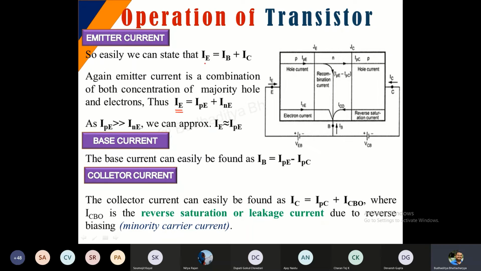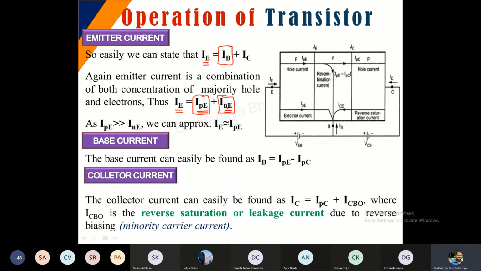IE is the same, whereas the base current that we are talking about, if it is an NPN transistor, suppose, then in the process what is happening is a concentration of PE. This is how we are representing it over here, which is actually an NPN representation. Why? Because this PE represents a hole, the minority hole current, and this one is basically the majority electron current. So that's why INE. This IPE is almost representing IB, and INE actually representing the